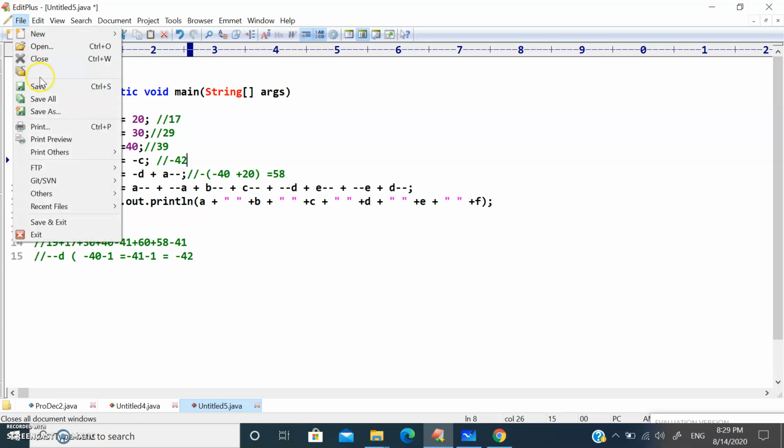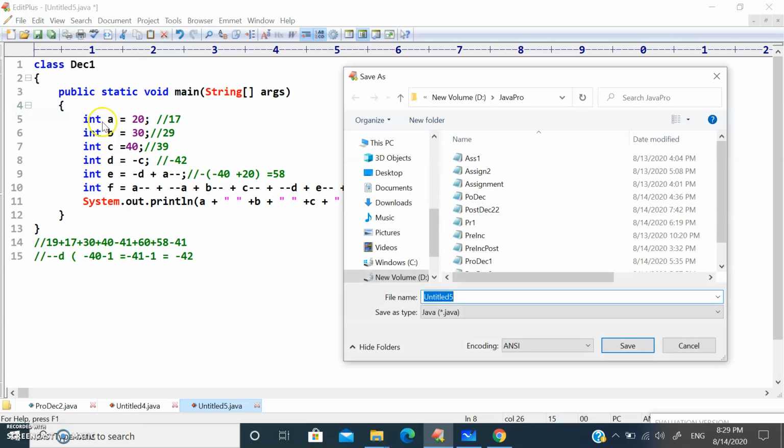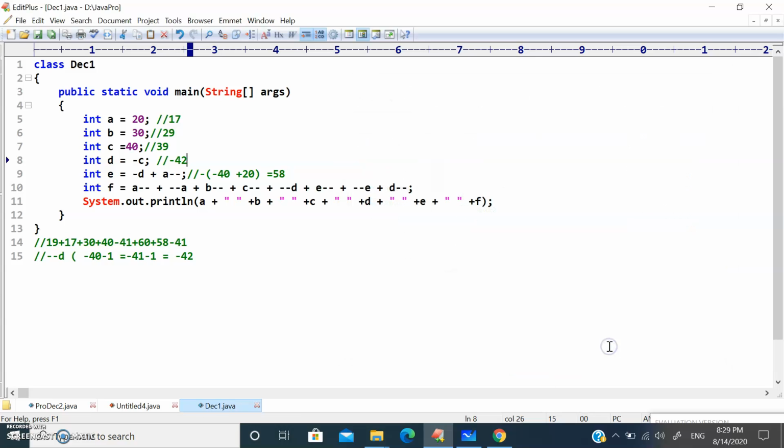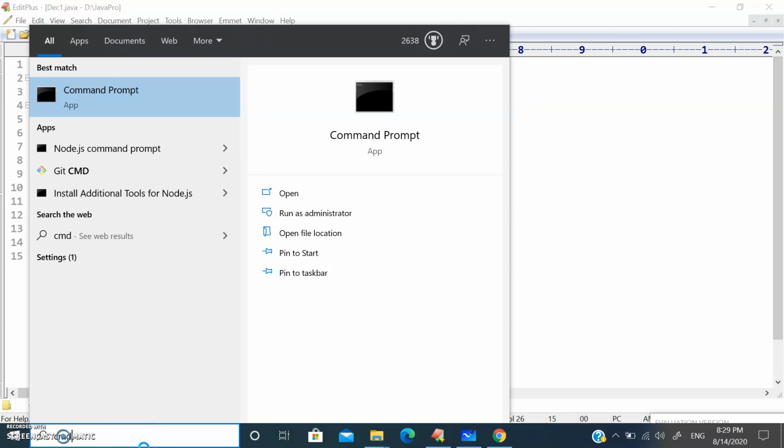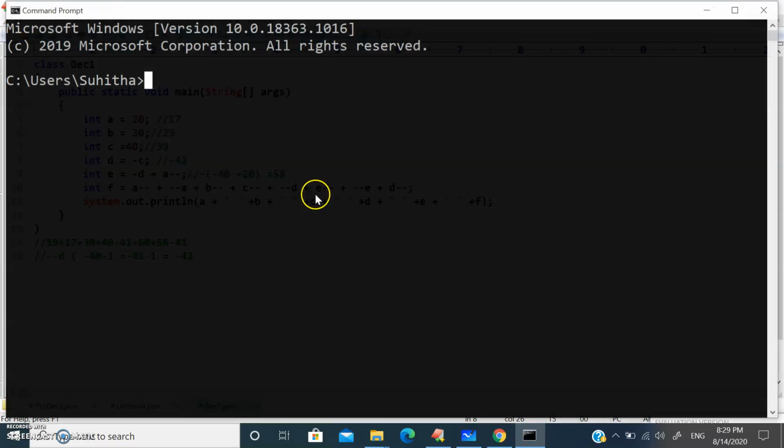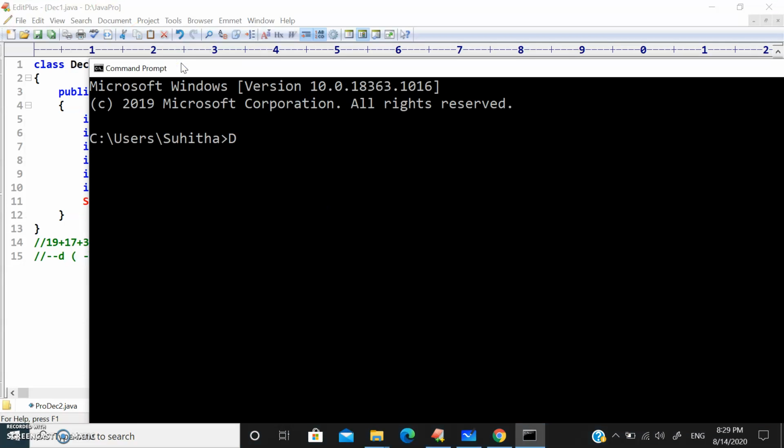Let's save this program. Now call your compiler to check the program. javac dece1.java, then java dece1.